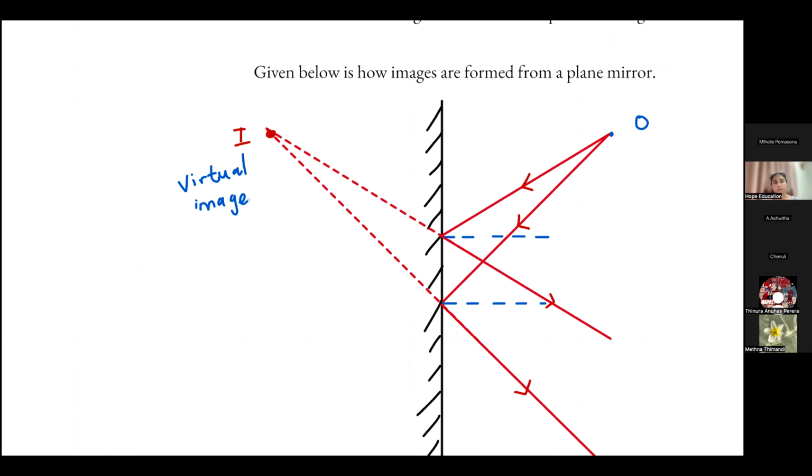We call it a virtual image. Is it clear? Step by step. Is that clear? Okay. Then one more thing is that